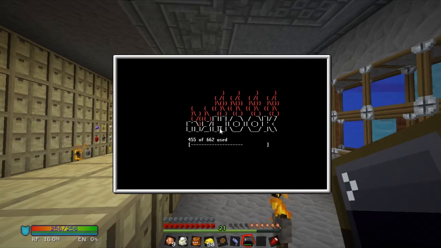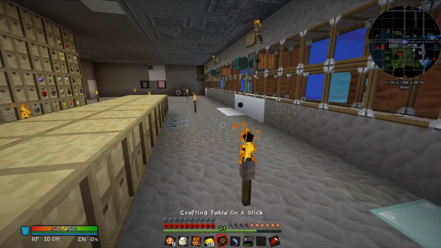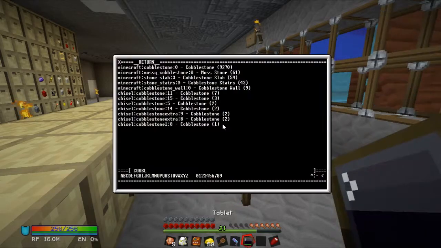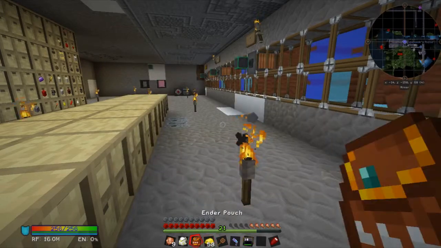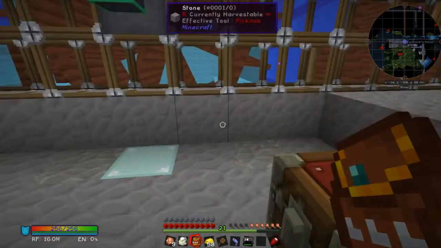We can request our cobble again. In fact, what do we currently got on there? Yes, bit of cobble. Let's try, yeah, a bit of cobble. Cobble, another 64 of that. Go into here, and there you go, look at that. So now we've got remote access to our storage. Now, in theory,